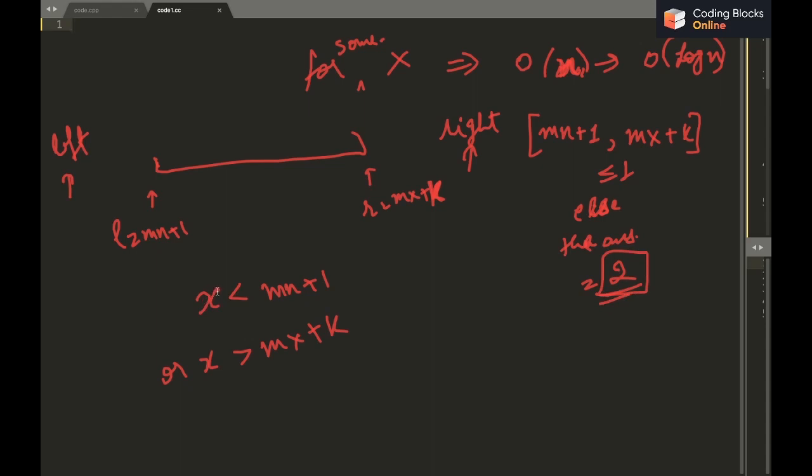So what I'll do is, when I am at a given x, by binary search I'll try to find how many pairs we have such that mn plus 1, the minimum out of those 2 plus 1, is greater than x, and how many are there such that the mx plus k value is less than x, and I'll add both of them. Let's say the number of pairs I get are c, and for those c pairs my cost will be c into 2, right?